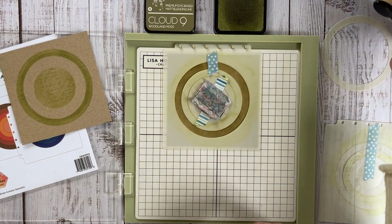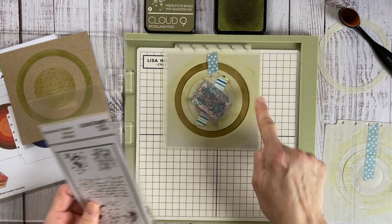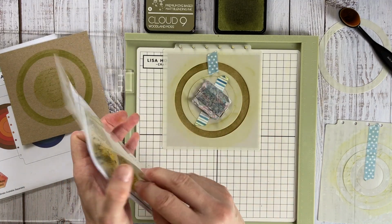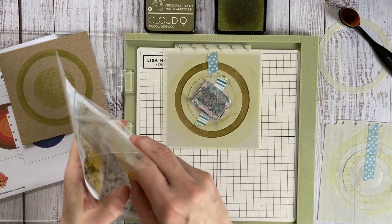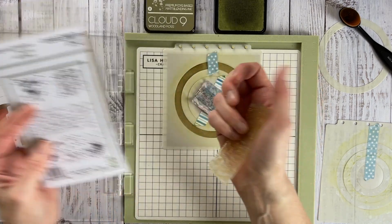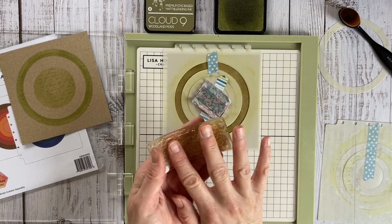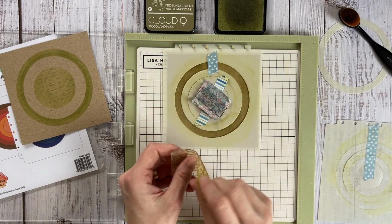Now, before I take all of that away, what I want to do is actually stamp through that ring aperture that I've created there. So I'm going to use my texture stamp collection, which I haven't used in a long time actually. So I'm going to take out the text version. Any of the stamps would work actually, but I do like the text. I'm not actually going to mount this on a block because I want to use it like this. The back stays tacky enough for it to stay on my fingers there,